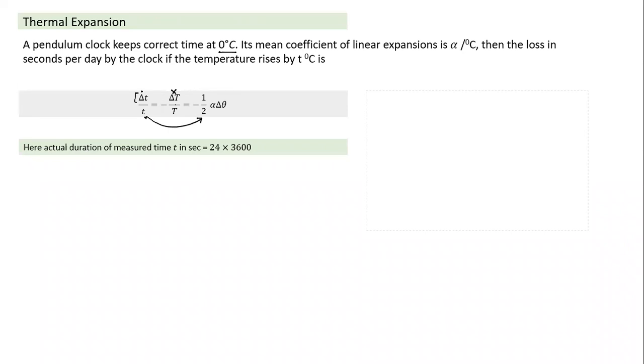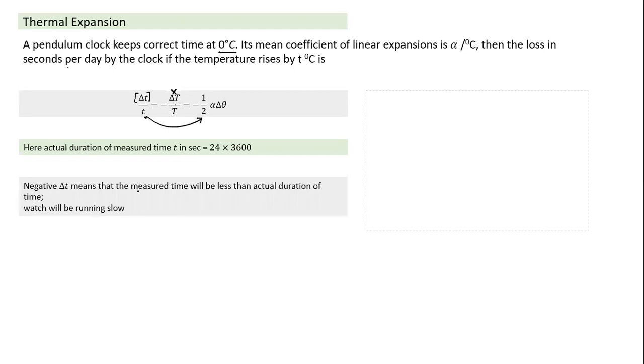We are calculating delta T for a time interval in seconds, for one day. So T in seconds is 24 into 3600. If I substitute this value of T, I get delta T here. And in this case, what we noted is a negative delta T. So negative means what? So the actual duration may be, say,